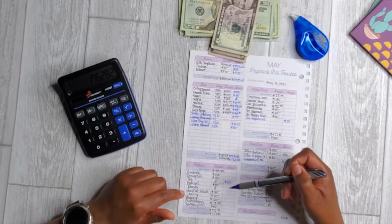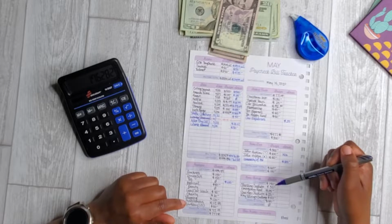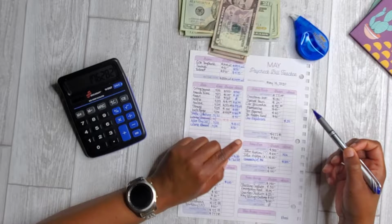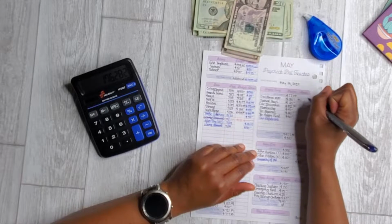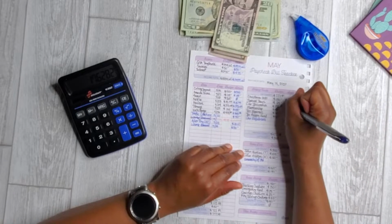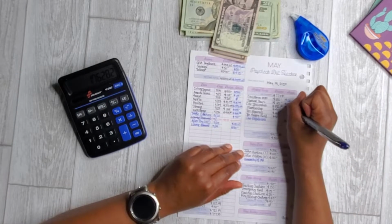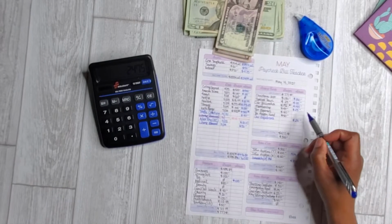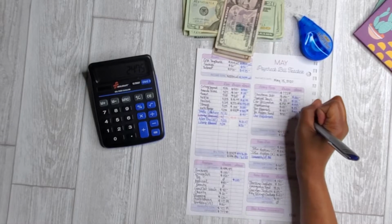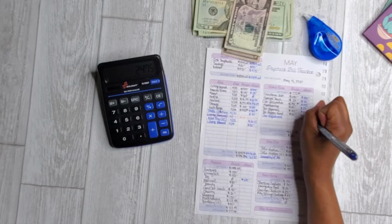Before I touch my variable expenses, I like to deal with sinking funds, extra debt, and extra savings. So I'm going to jump over to sinking funds and figure out what I need for this pay period first. I know that I like to save for Christmas 2020, $130 per pay period. Also special days, $25. Car insurance, I've just rounded that down to $193. So $25 towards membership. Pet expenses, I'm going to keep that at $40. Also, my Be Happy fund, I think it'll be smart actually for me to go ahead and set aside some